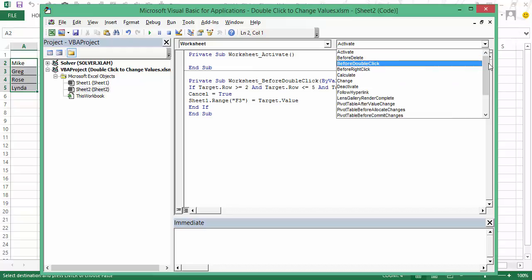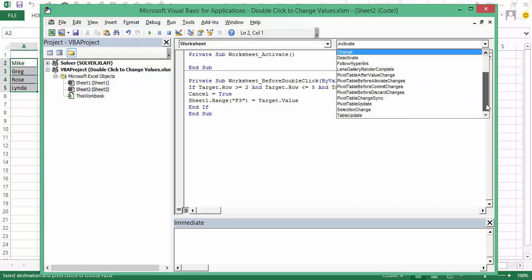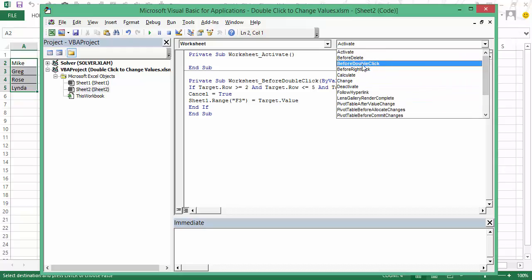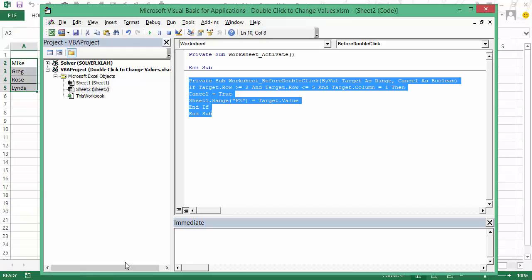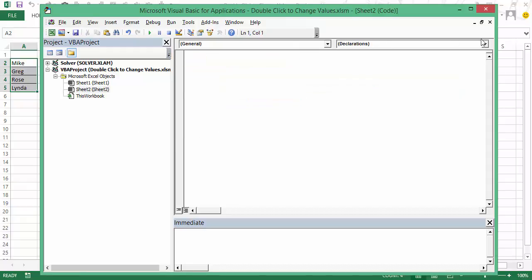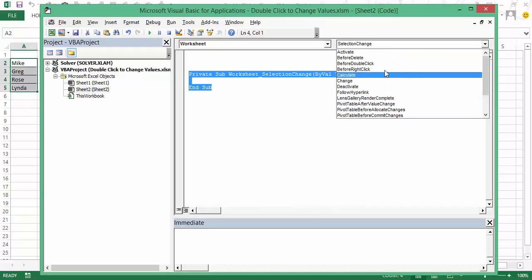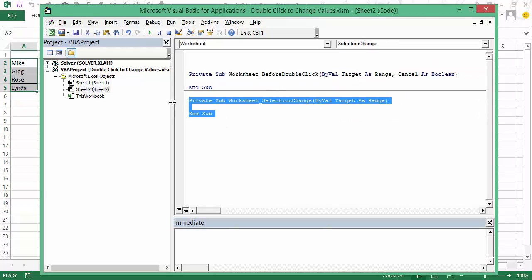Similarly, you have all these options: before delete, before double click, before right click, calculate, change, deactivate. A lot of things can happen here, but what I'm interested in is the before double click macro, and when I select this, it would insert this part had I not had this thing. So let me copy paste it and then delete this entire thing. I would come here, I would select worksheet first from here, and then I would select double click. Before double click, I can delete this part,